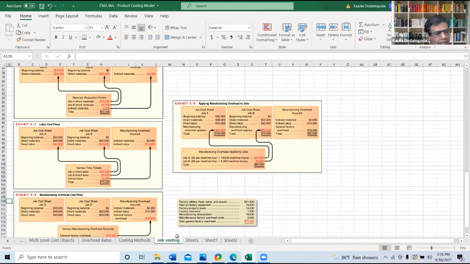So this chapter 5, you can go through very quickly again, and that will be fine. And next week, we'll have a more detailed discussion based on the original book, chapter 7. It will be more on activity-based costing. So that is what we are going to do in the next class.